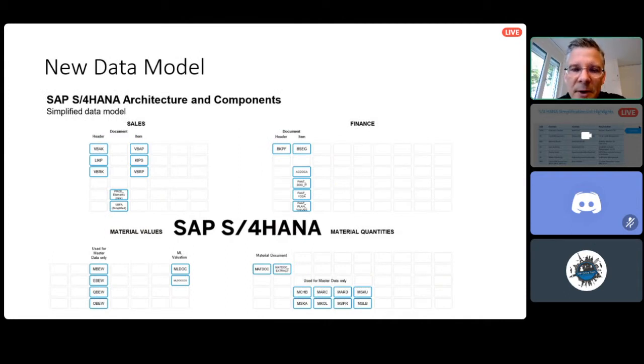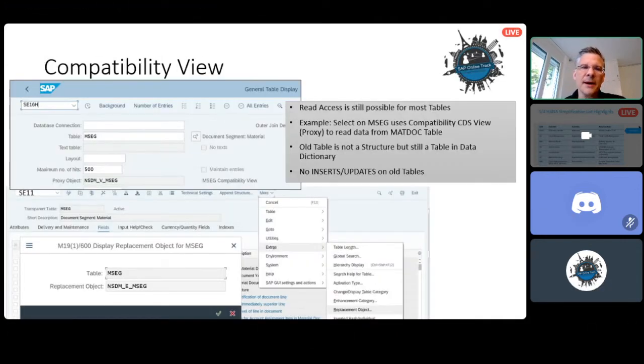That makes it simpler. Basically, in general, we're only working with the item level. We don't need aggregates anymore. That simplifies it for everyone. But of course, for our own code, these might have some implications. It's not that critical because there's one very nice feature, and that is called Compatibility Views. I'll give an example here.